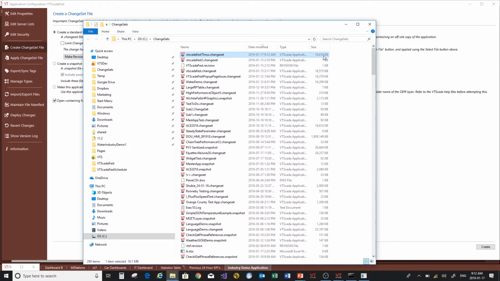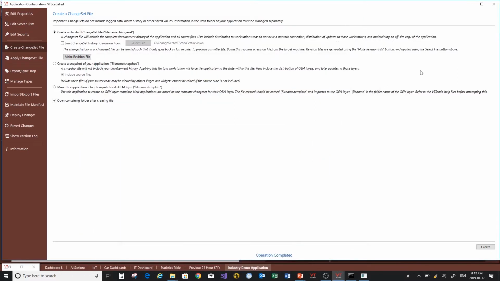But when you're in a real production system, that 18 megabytes often ends up in the range of 300, 400, 500 megabytes, even higher, because you've got a big system recording many changes over many years. So that file can get fairly large. So the point of this feature that I'm going to point out is the